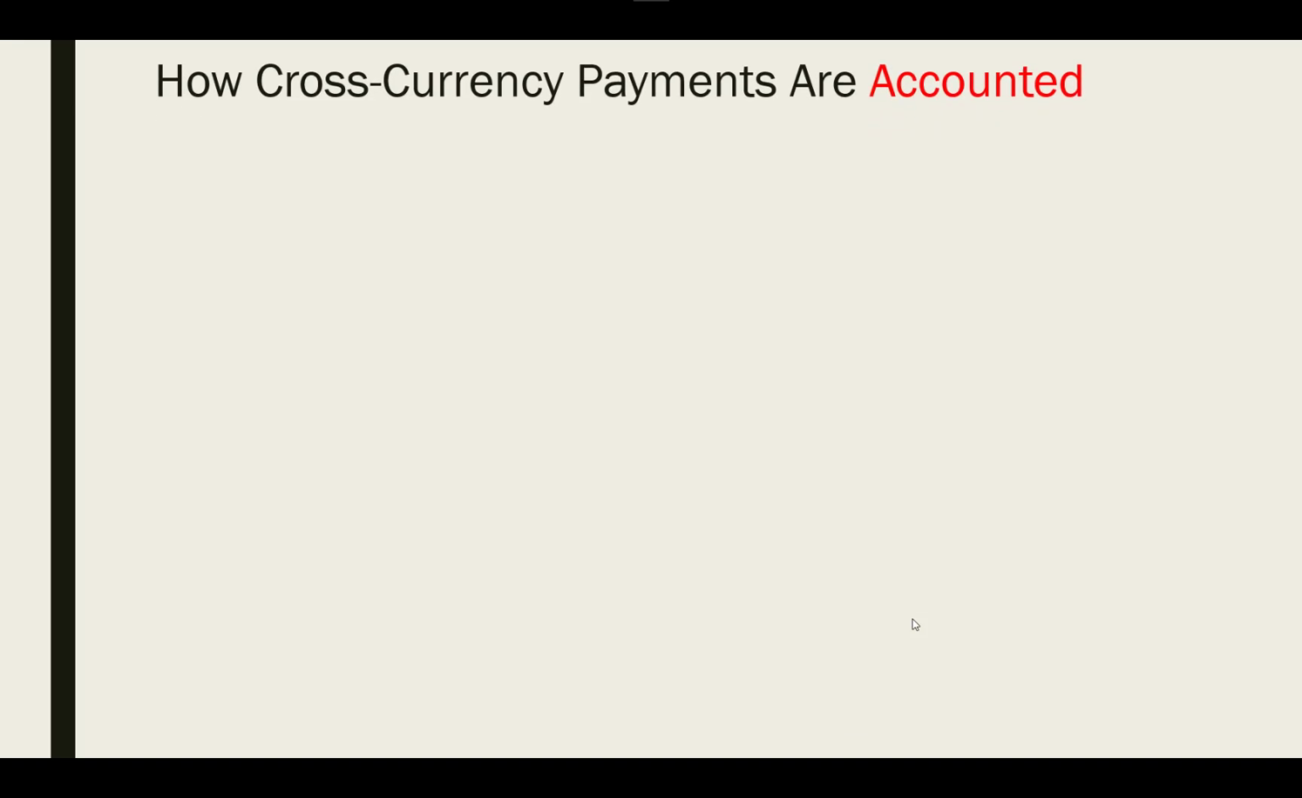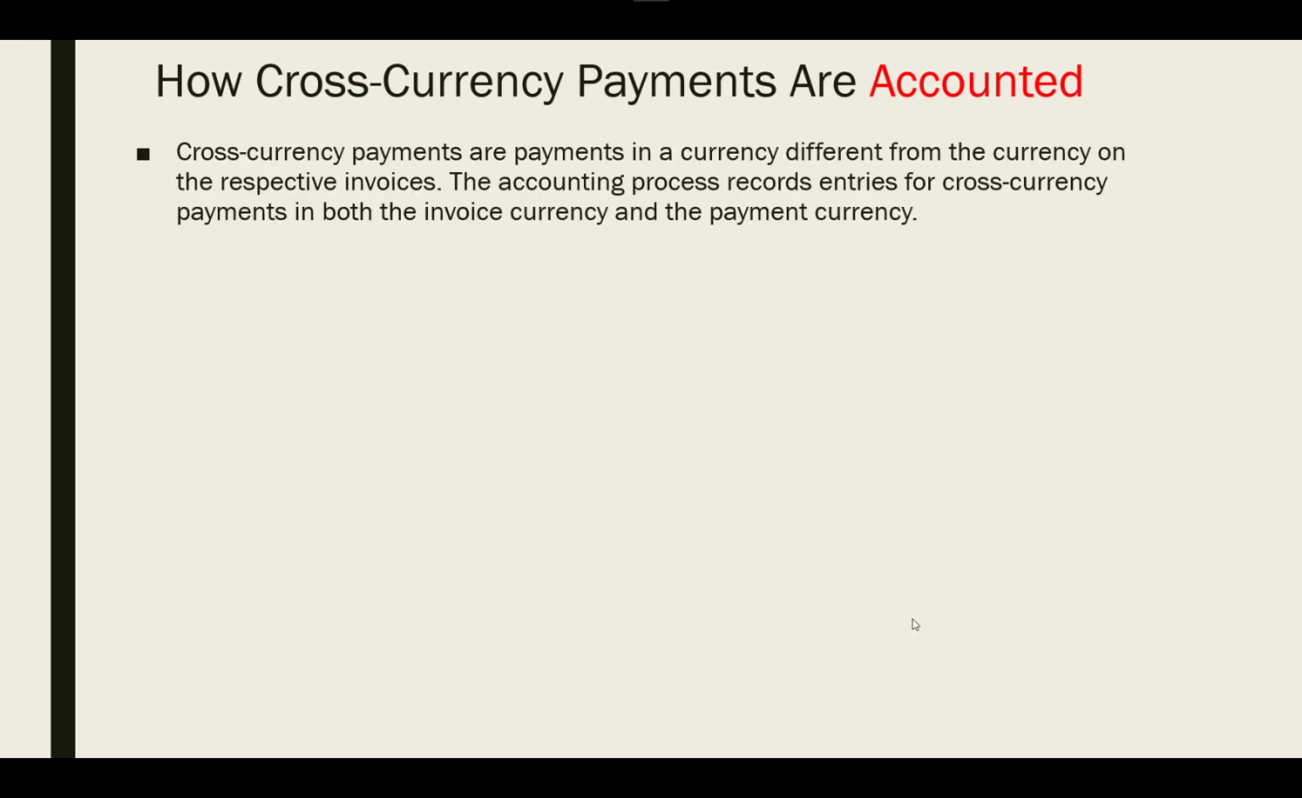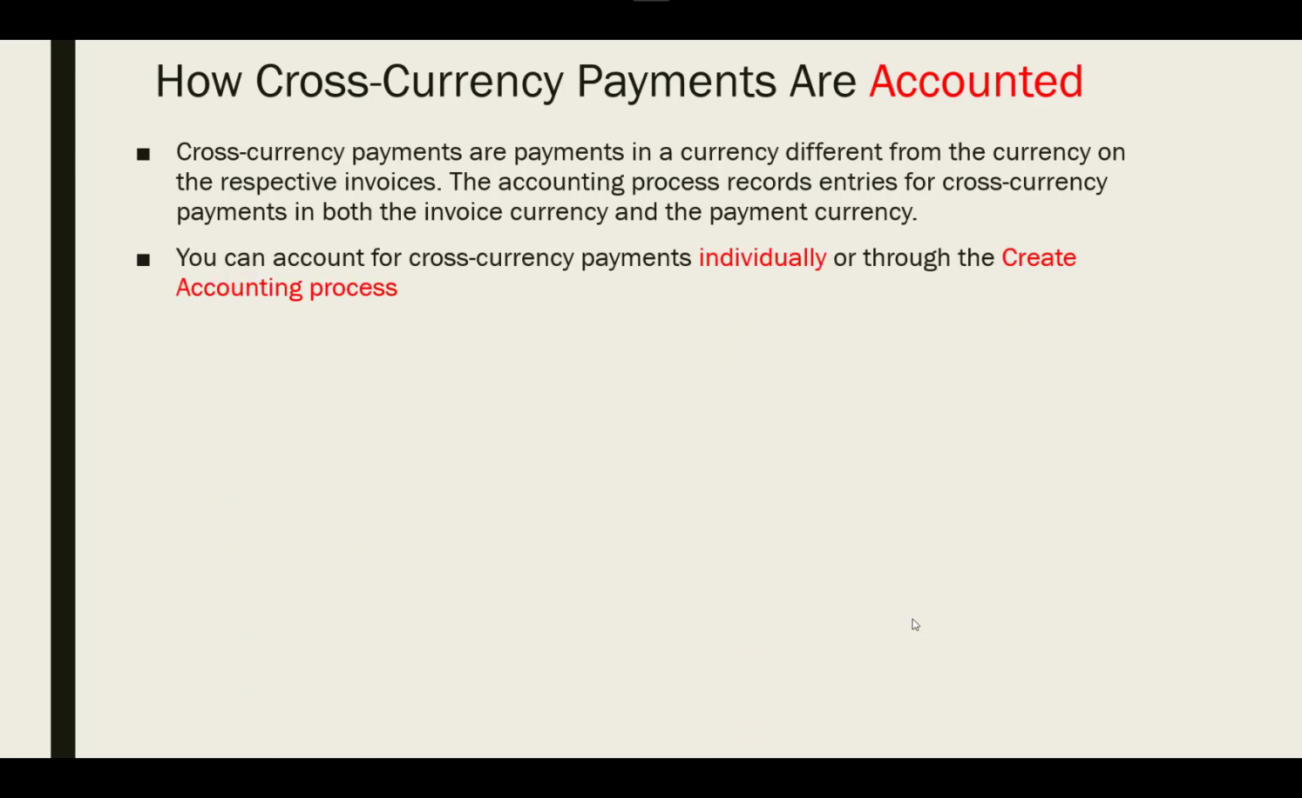How are cross-currency payments accounted for? Cross-currency payments are payments in a currency different from the currency of the invoice. The accounting process records entries for cross-currency payments in both the invoice currency and the payment currency. You can account for a cross-currency payment individually or through create accounting. As you know, when making the transaction, either invoice or AP payment, you have the option to create accounting for only this